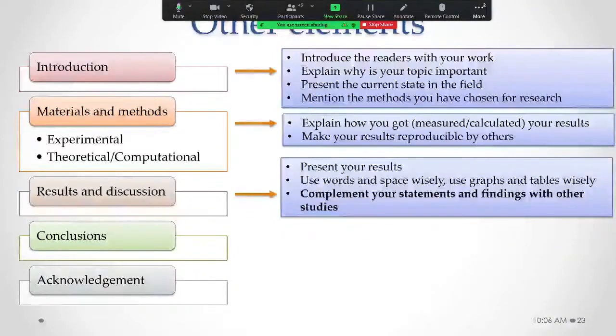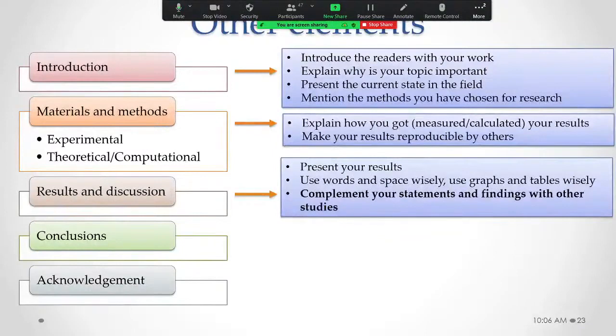In the results and discussion part, you present your results, and it is really a matter of choice, a matter of style. How do you prefer to write, and how do you prefer to present your results? But I have some advice for you, and that is to use words and space wisely, and use graphs and tables wisely. There are types of researchers who like to describe everything, who like the descriptive way of